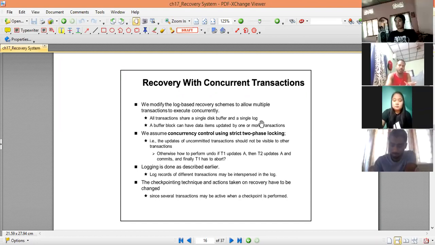Now, what will happen if the transactions are not serial in order, but are concurrently executing in the system?